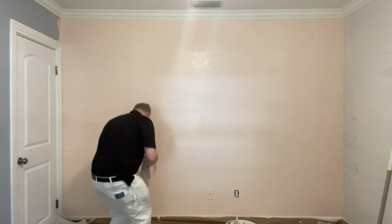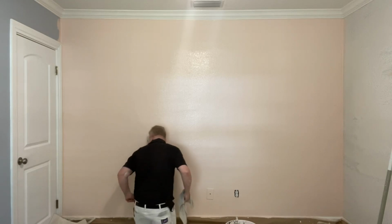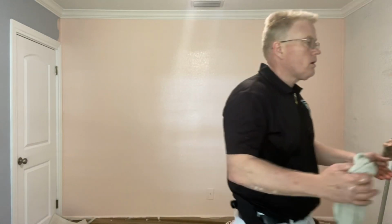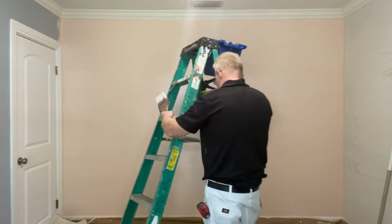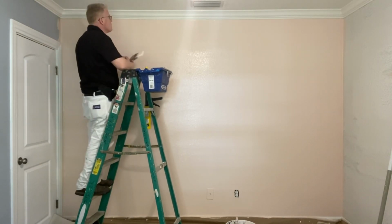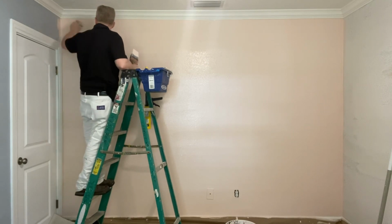The way to do that is to simply be conscientious as you're painting and use your wrist on the pole to distribute the pressure equally. Okay? Or, if you're not good at that, you just let the roller fall on the wall. Now that's a little bit of an advanced technique. When I say you let it fall, you bring it up strongly with two hands on that pole, and then